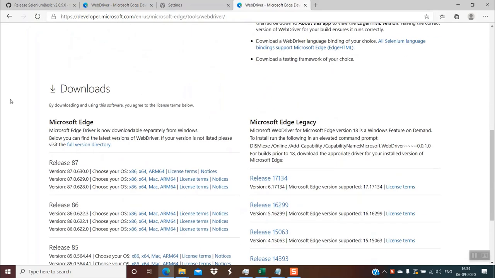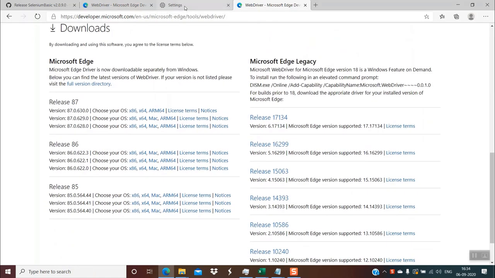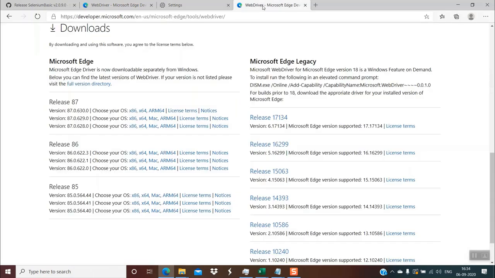Just scroll down and within the downloads section, you will find the different releases. If you see, our version was 85.0.564.44. So if you see the line which I'm highlighting, release 85, and the first one within that, 85.0.564.44, this is the version matching the browser on this system. So I'll be downloading it. I'm selecting x86. x86 will serve the purpose on both 32 and 64-bit systems, so I'm selecting x86. Once it is downloaded,